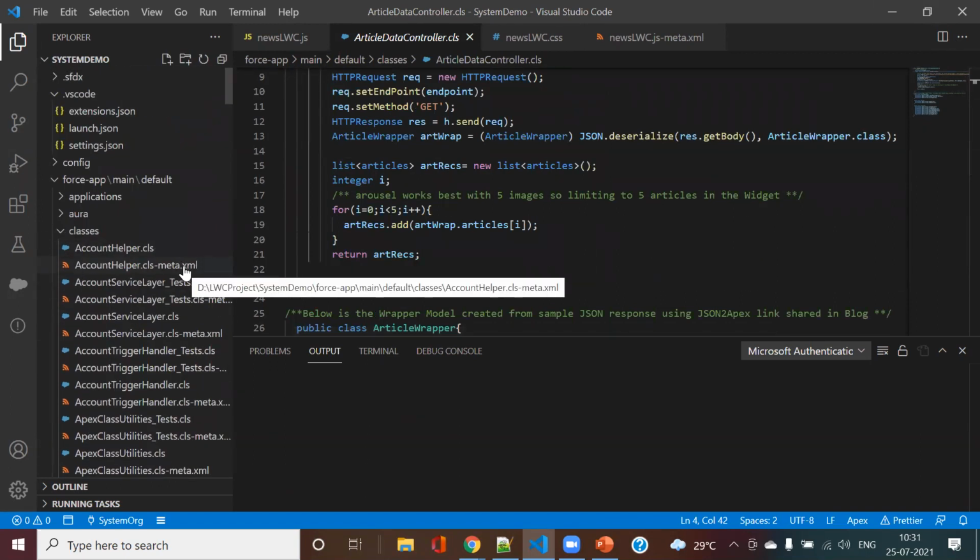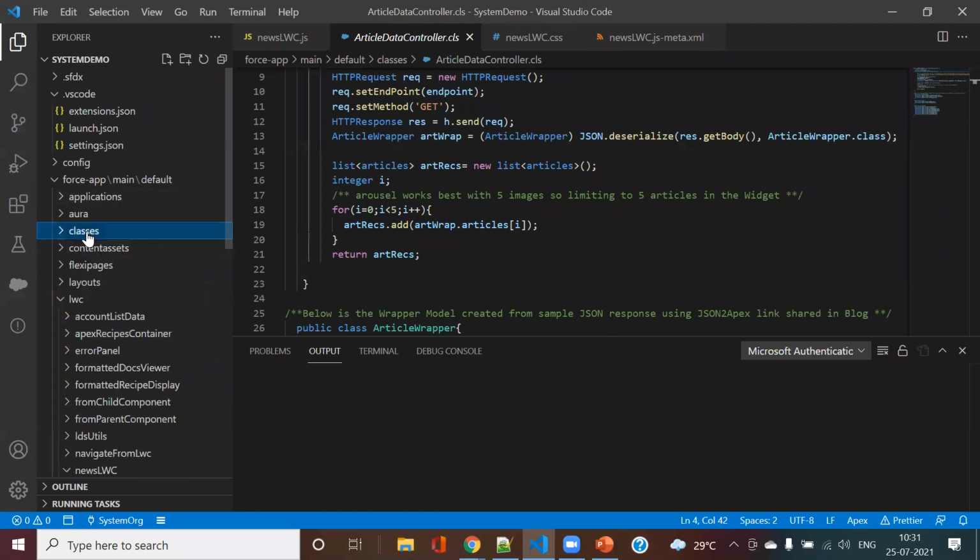One thing I recommend to you people is that you can write this code from your Workbench or from Salesforce, but always use one IDE tool for this. I suggest you install VS Code on your system and try to create some Apex classes from there also. So I will try to create one Apex class for you.